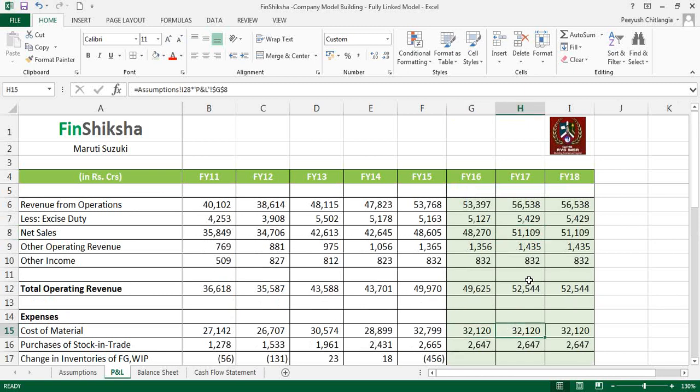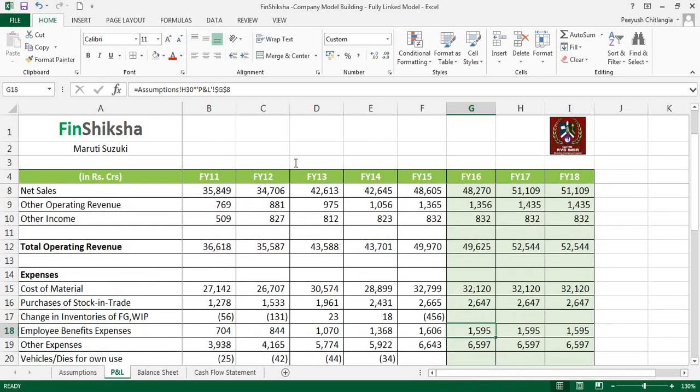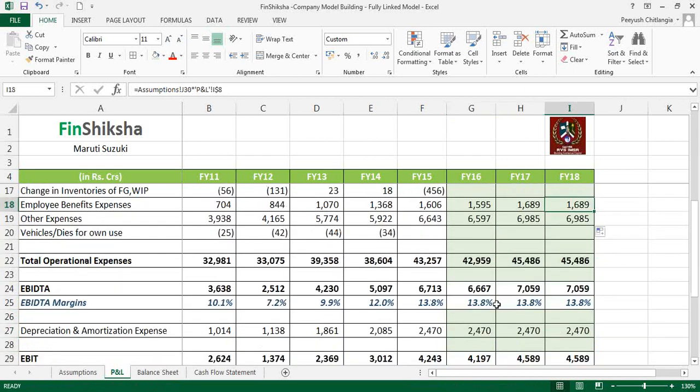There is one small error that is happening here, which is when we link this data set, that is linked to $G$8, right? And here also it is $G$8. It should be linked to the cell here. So in our freezing, we had made a mistake. The freezing needs to be G$8 so that when we drag it down, that doesn't change the data set. Here also it should be G$8. We don't have to freeze the column. We only have to freeze the row, and I can drag it on this side, and you automatically see that